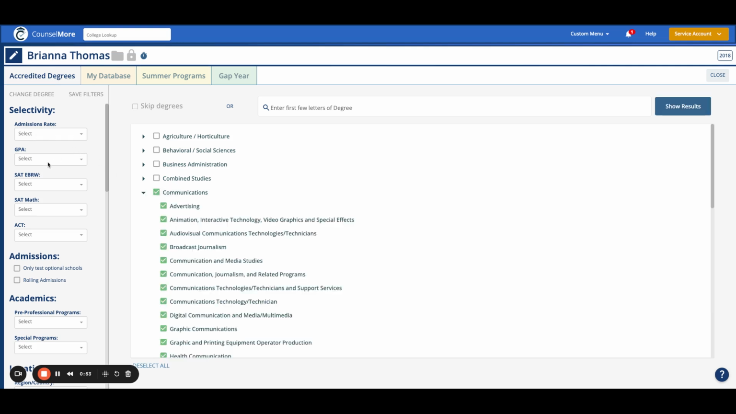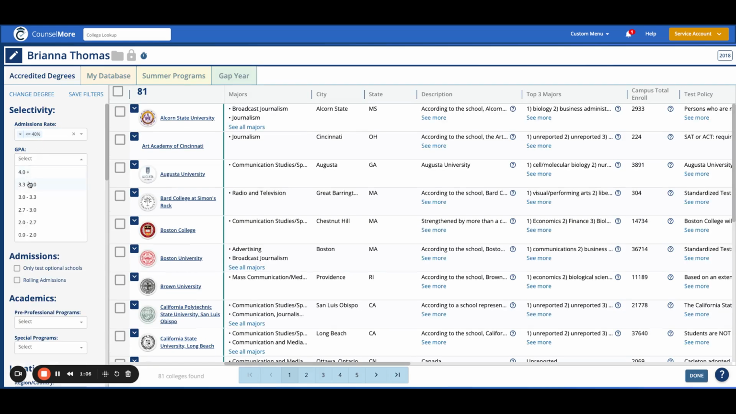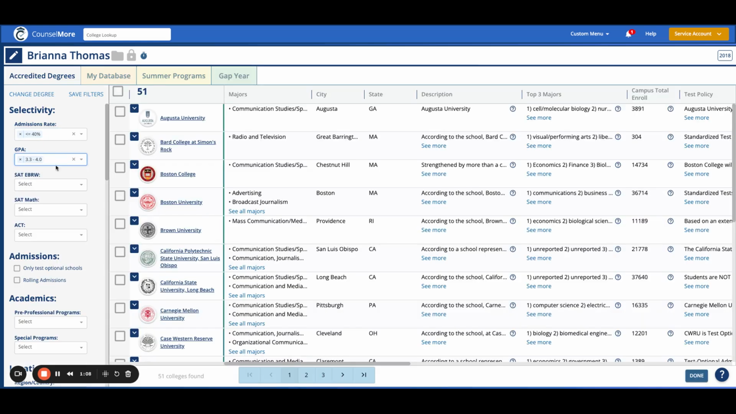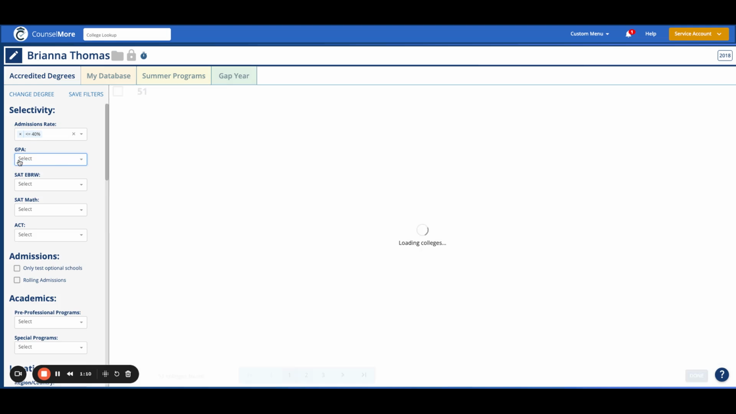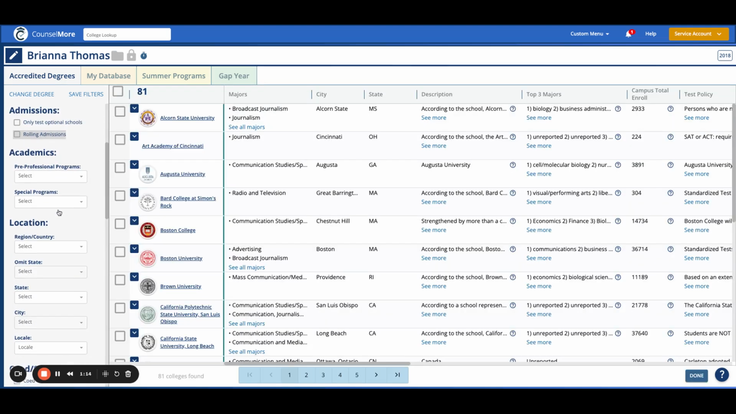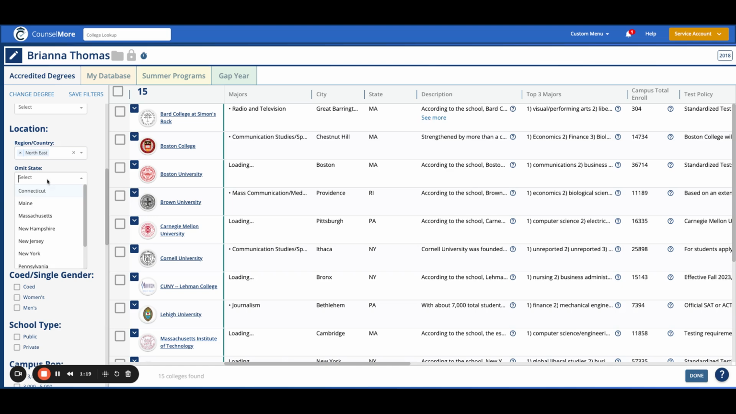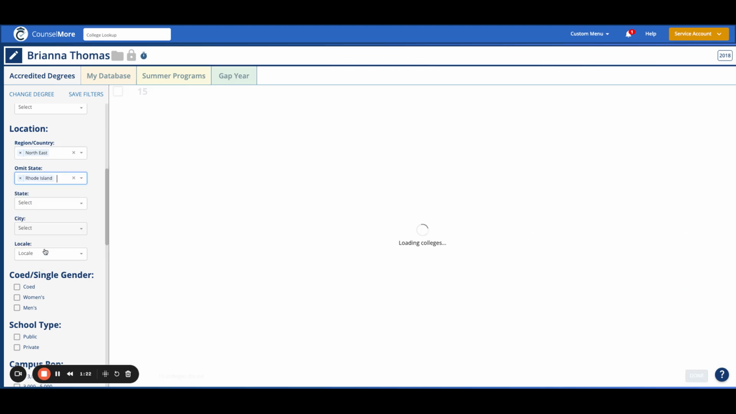I then can choose these filters. You'll notice that these filters are built on and instead of or. So if I were to say admissions rate and GPA, I'm going to get a much smaller list. If I use one or the other, I can then narrow my search again, perhaps by region. I could then omit states from the region,